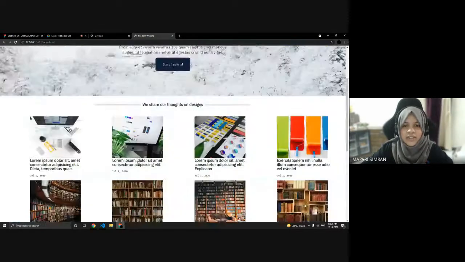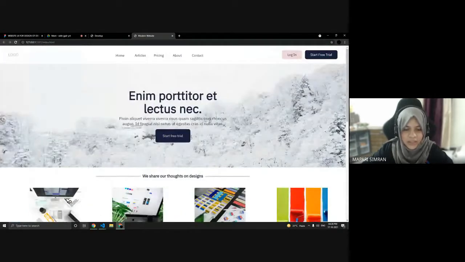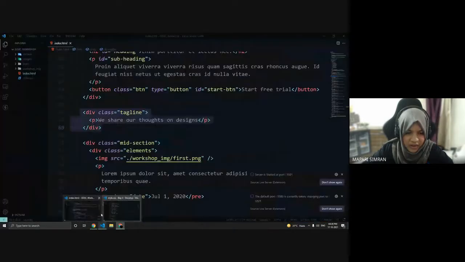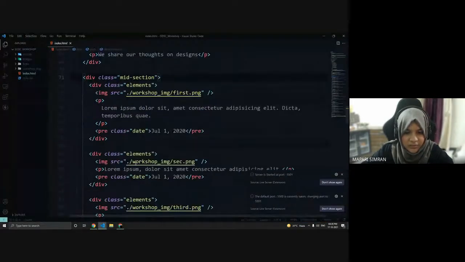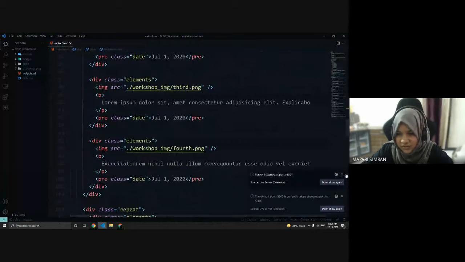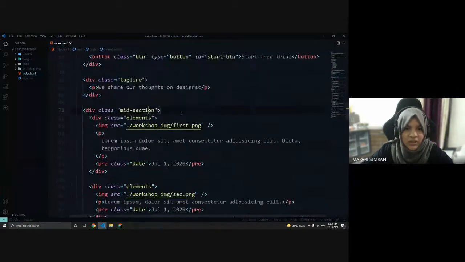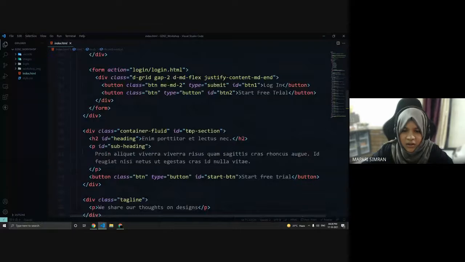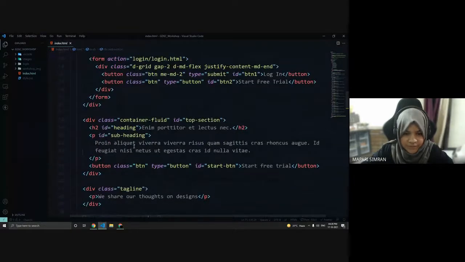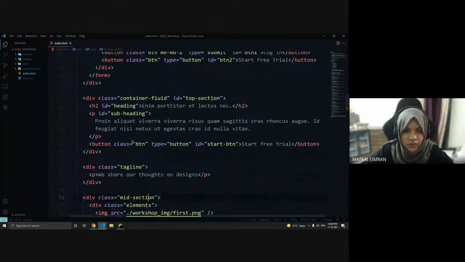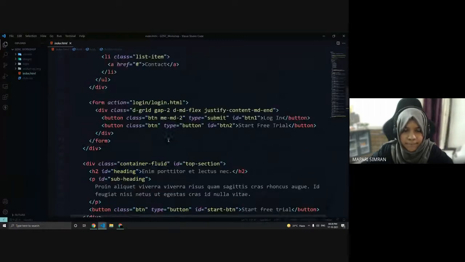And I've already just have a login page. So you can see here we have given the form action, right? Here it's our button tag. Yeah.